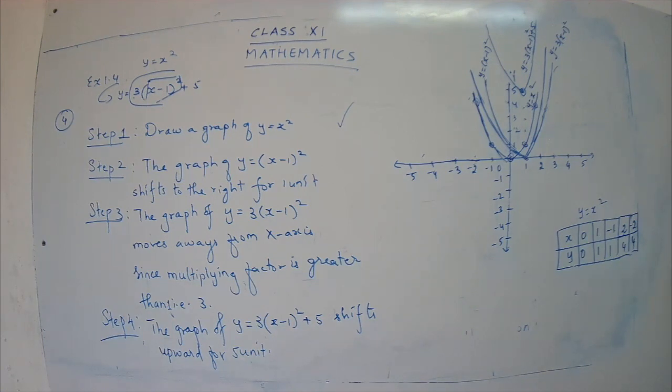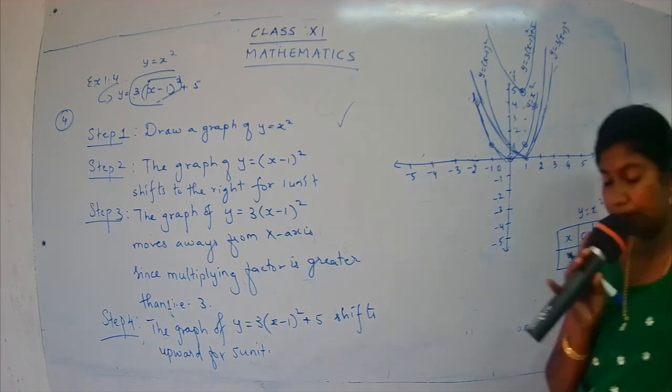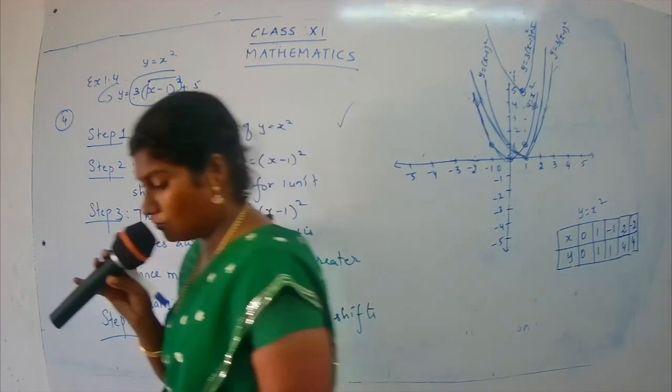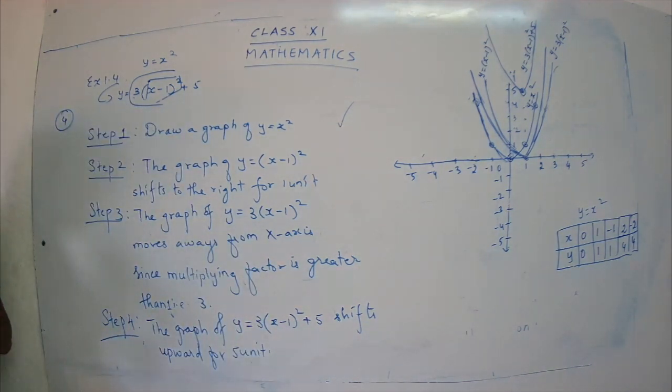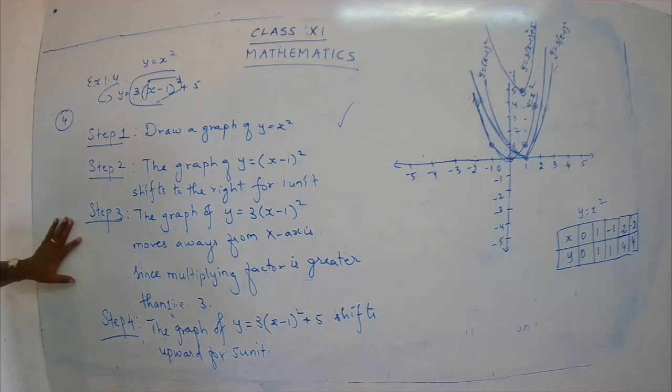Okay, children? So we have completed sum number 4. Let's go to the next question. Take down the next question now. From the curve y is equal to sin x, graph the functions. So you are going to start with the new sum. I hope the sum is clear. Yes, children? I have explained to you twice and thrice. So just understand the sum carefully. So let's start the fifth sum.